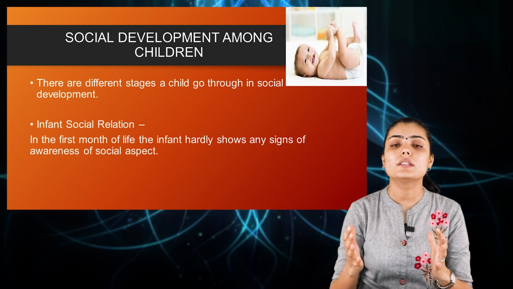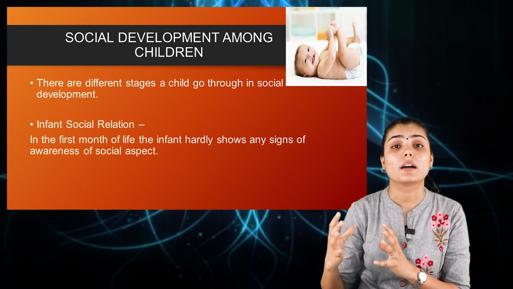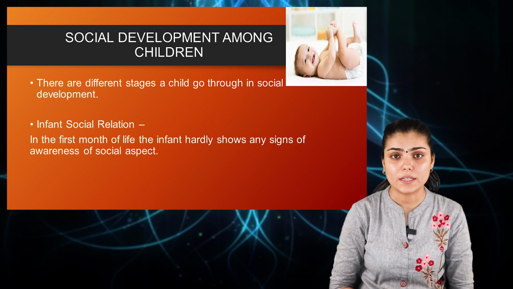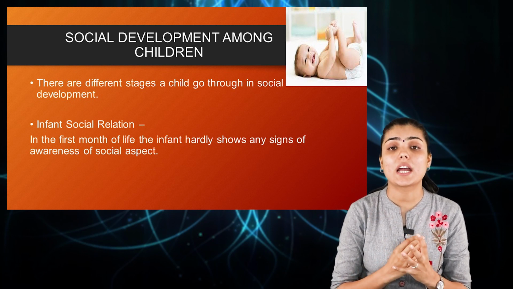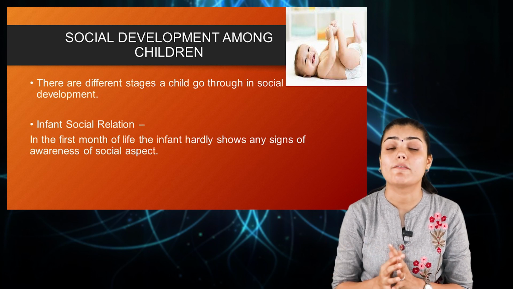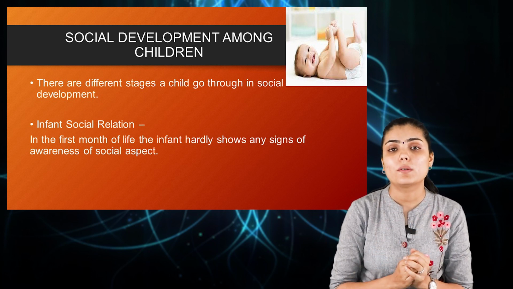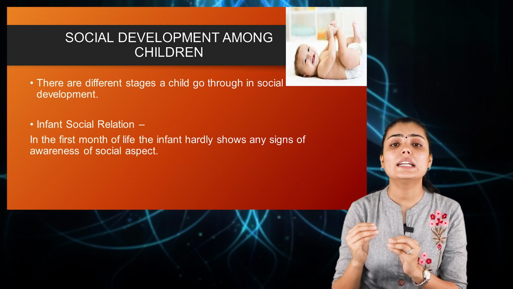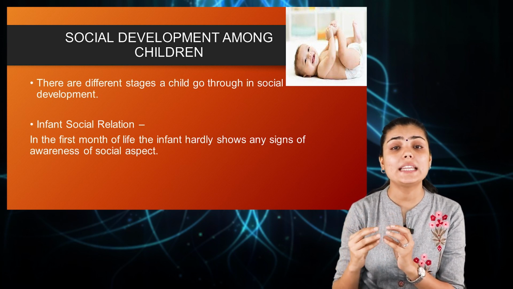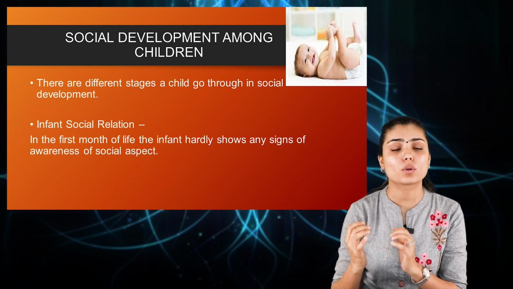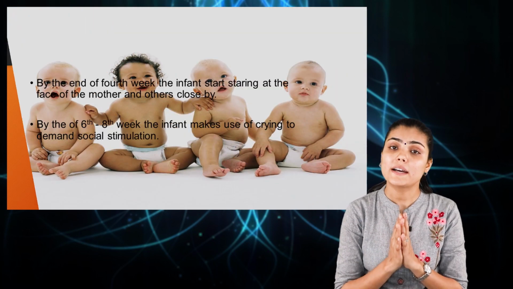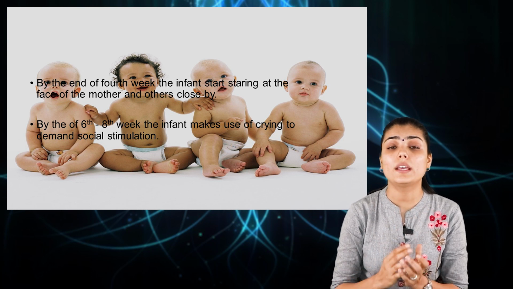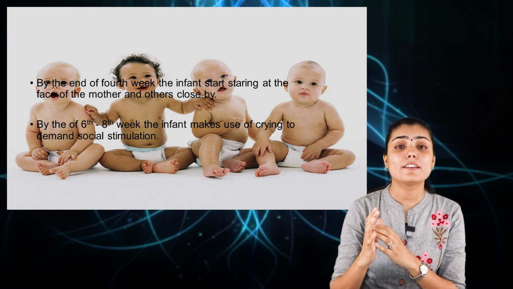So now let us see social development among children. There are different stages a child goes through in social development. We will see one by one what those are. In the first month of birth, the infant hardly shows any signs of social awareness or social behavior. But by the end of the fourth week, the infant starts staring at the